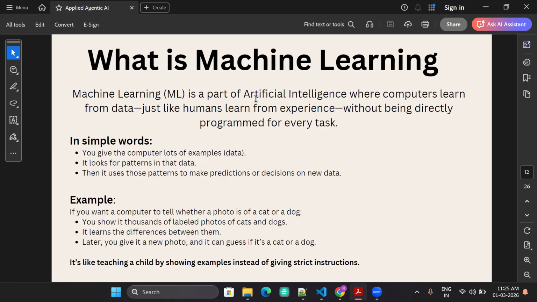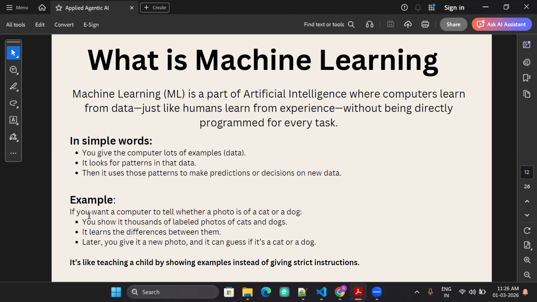And machine learning is part of artificial intelligence. Artificial intelligence is basically, you can say, like we have science, arts, and commerce, right? Same way, artificial intelligence is also a field. And part of that field is machine learning, where we feed data to the machine and try to make the machine learn from it. The machine will learn some new patterns and new things from it, and later on, if we ask something, it will use those learned patterns to predict or categorize something in the new world.